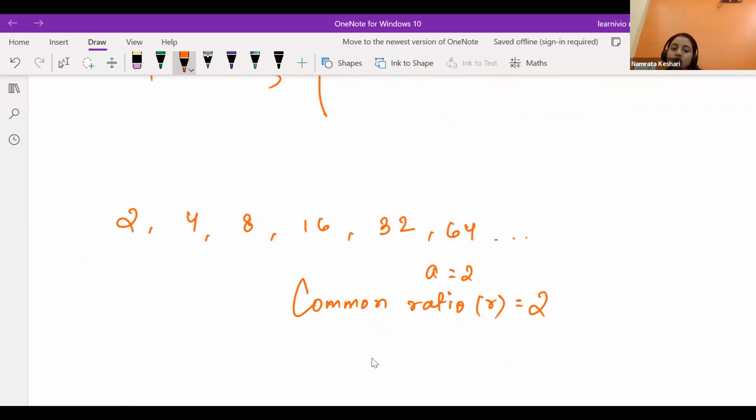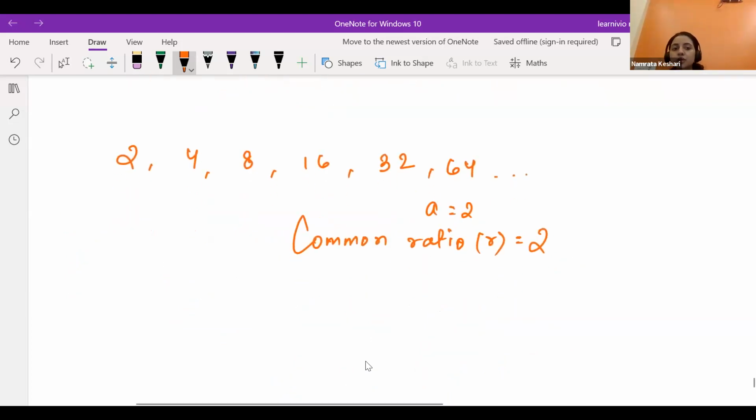Now from here I am just trying to show you a format. Can you see that the first term is a, that is 2. The next term is a multiplied with the common ratio. Yes or no? Yes. Just keep on matching by putting the value of a and r. The next term is the same ar, the previous one, multiplied with